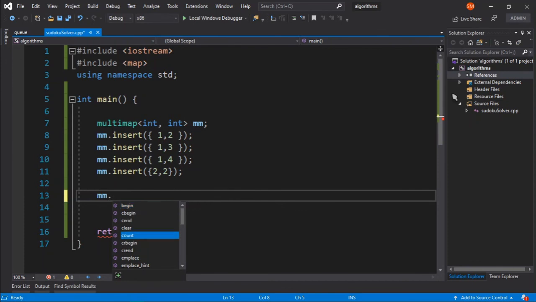Apart from that, there are some more functionalities, as I can see here. You can also call find, and in this case find is going to tell you whether the key is present or not. If the key is not present, it's going to give you an end iterator, and otherwise it's going to give you the iterator to that particular value, just like your normal map. And also you have things like max size, swap, upper bound, or value comparator.